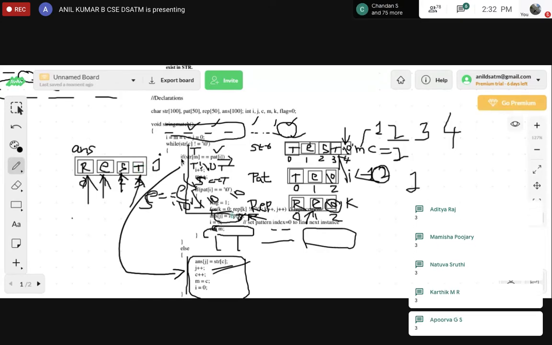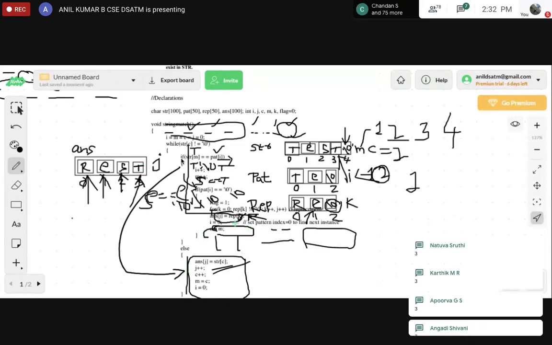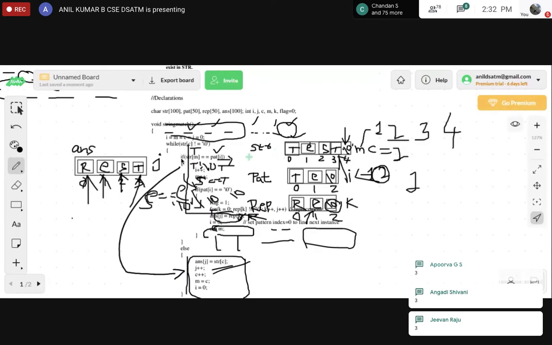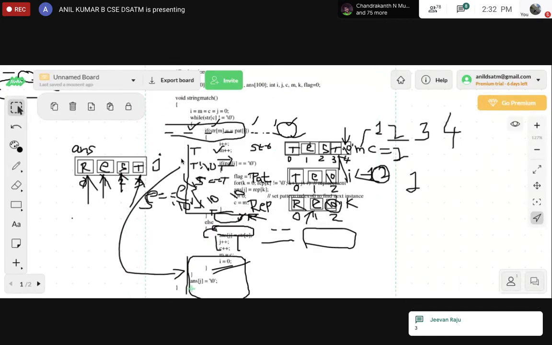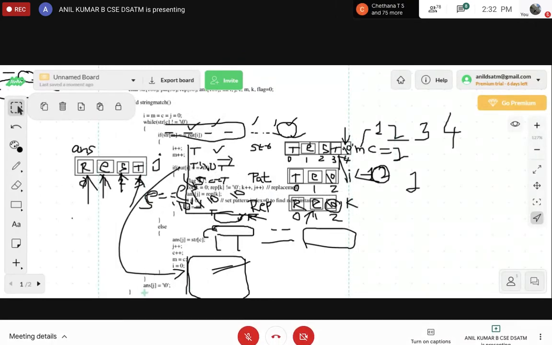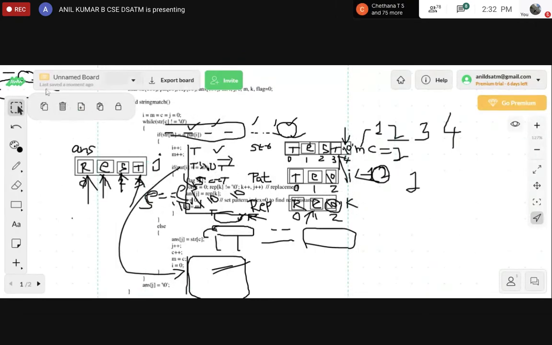So then perform again, check else part. So finally, after performing all the 4 operations, it will store the 5th character, whatever it is, here, with the null, that is /0, when the condition is false. So is it cleared? Is the logic cleared?